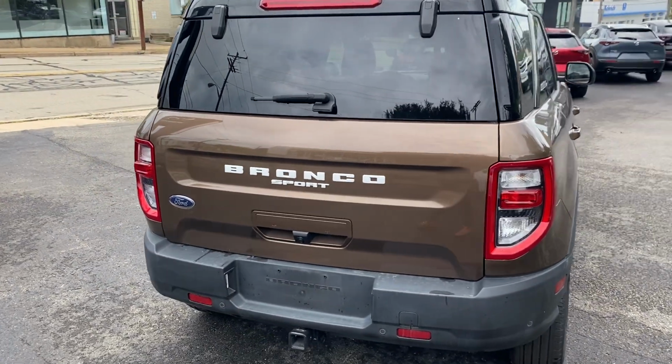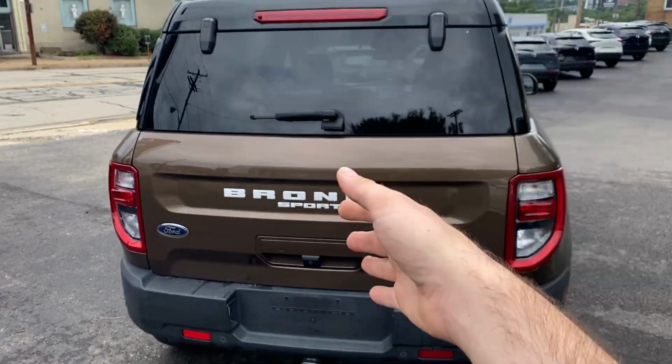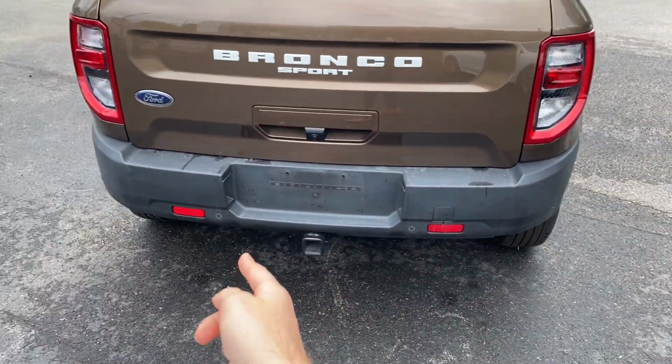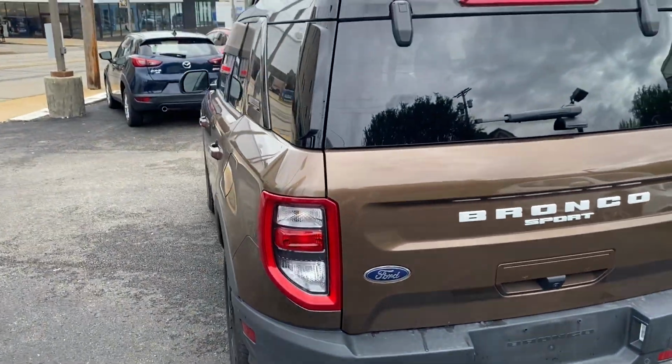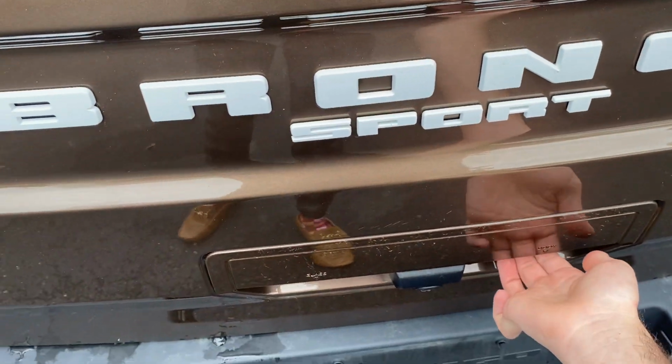Now, going along to the rear, you are going to see you have your camera there, and of course you can open up not only the glass window, but the lift gate, and you'll notice that you have those little kind of tiny dimples there. It is because this has the park assist on top of the backup camera. So actually, if I open up the door here,